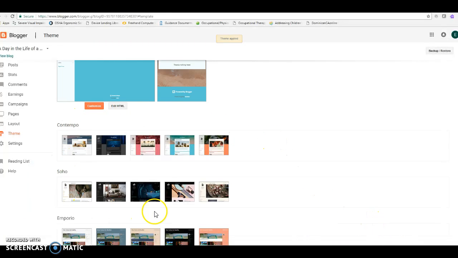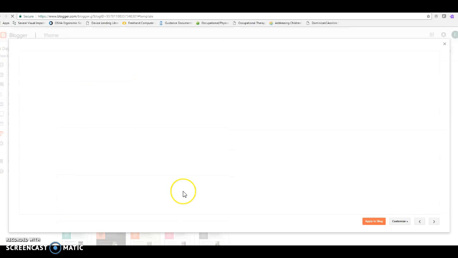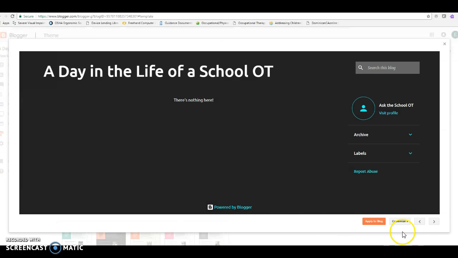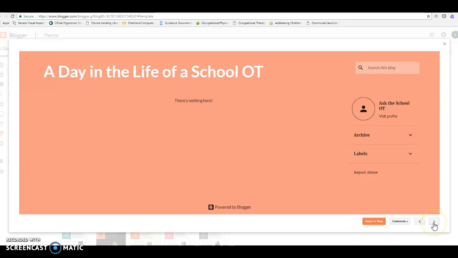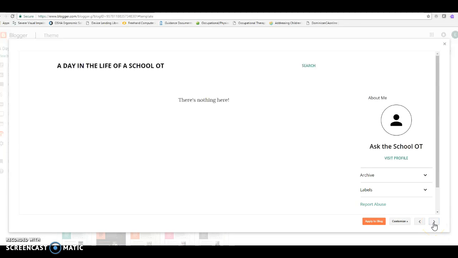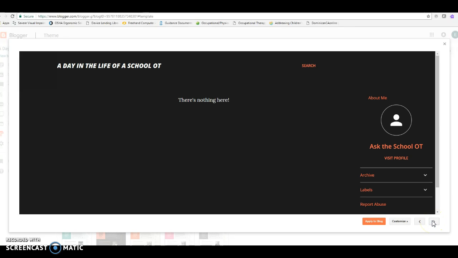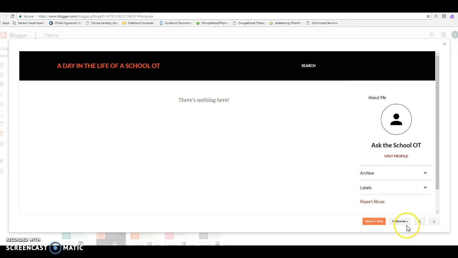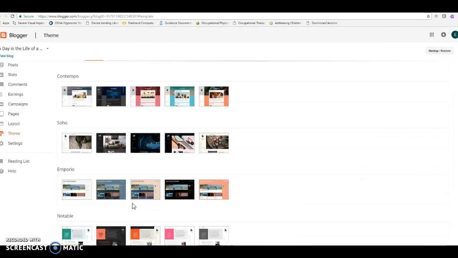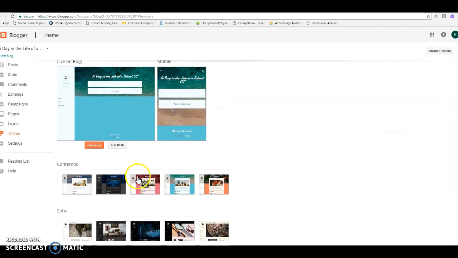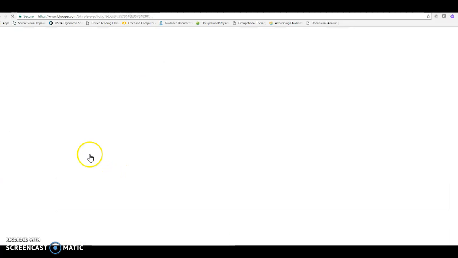You can see there's a lot of different themes you can choose from. You can get an idea of what it would look like with different colors. There's nothing here. Of course there's not. We'll get to that. And we'll close out of that. But so the first thing you can have is you can have a theme. Okay, and if we go into customize,